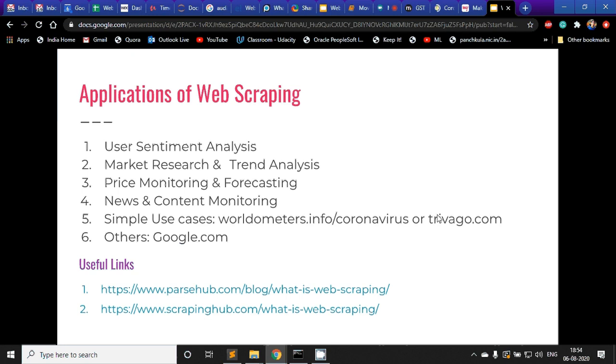Another bigger example is Google.com, right? Google.com basically uses a crawler. There is a very minor difference. A crawler basically indexes the data, but somehow it is also kind of scraping. Scraping involves storing as well. When you want to store the data as well, it is called web scraping in full form. Crawling is simply indexing, so that it is available somewhere. But still, it is storing some of the data of the site. So then it can also be called web scraping along with web crawling, right?